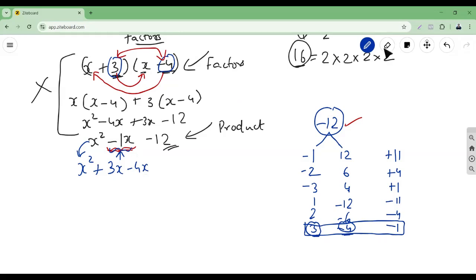So basically, I am not changing anything. If you see here, the same thing has come. This one thing, I have split it into two things. Right? Minus 1 can be split as plus 3 minus 4. And I have done that. And minus 12 as it is, I'm going to write. So basically, I have not changed anything. Then what I'm going to do is,